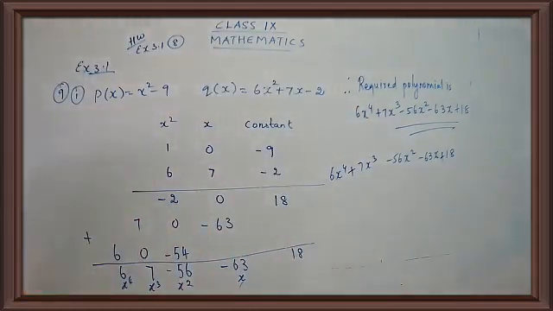Now we have one more work to be done. We have to find out the degree of the resultant polynomial. I have told you, after getting the answer, you have to write down the power of it. Power means the highest power. You have to write the highest power. Let us write down the highest power.